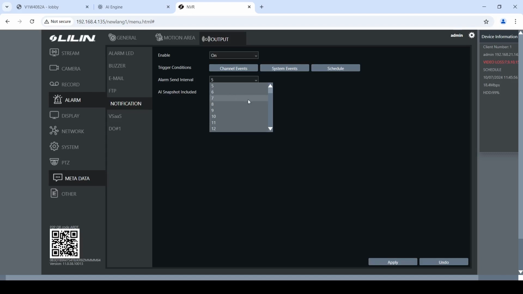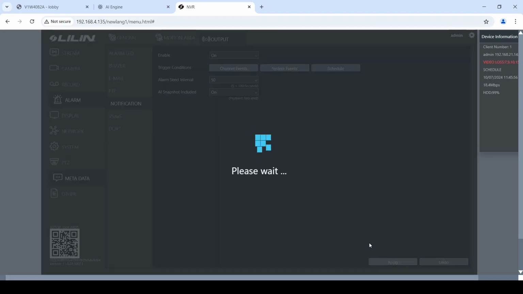The next field, alarm send interval, is how often you want to get notice when there is an event happening. So let's say a car is picked up by the AI. We don't need that car to be spamming our phones, so I'll set it to something like 50 seconds. So every 50 seconds I'll get a notification. You hit apply here,